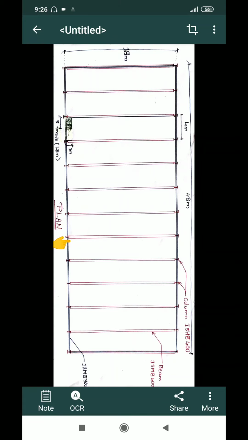Now I need to connect all these frames together so that I can provide a single building unit which will act as one single unit. Otherwise each frame will deflect in a different manner and the whole structure will fail. So for connecting all these frames I am providing a beam here, and I have chosen it as ISMB 300. Since this is a connecting beam which is not carrying a heavy load like the main primary beams, I am choosing something lesser. So this is a connecting beam of ISMB 300.